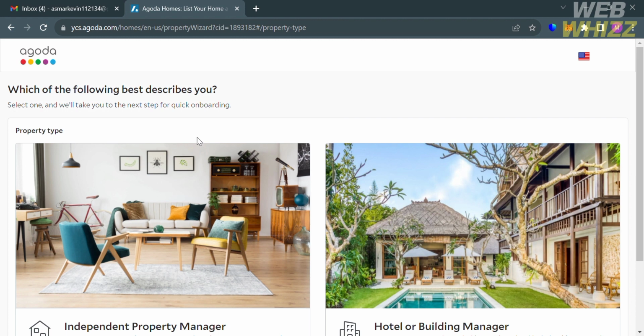In this tutorial, I'm going to show you how you can list property on Agoda. So please watch till the end to properly understand the tutorial. So in listing a property on Agoda, the first thing that you need to do is to open your browser and kindly go to